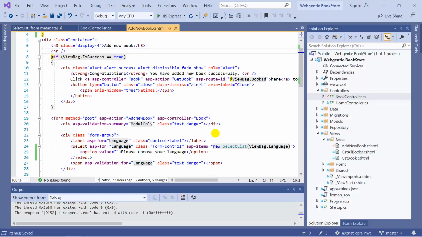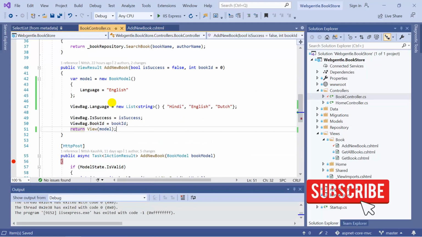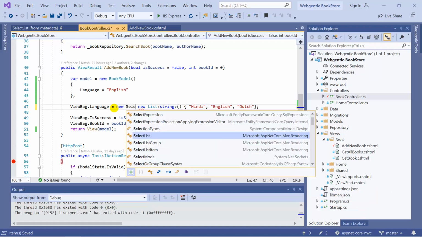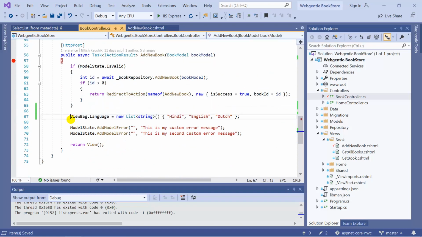We can also pass this select list from our controller action method. Let's learn how to do that. So suppose this time instead of passing this list, we can pass the select list all together. How to do that? Here we can write select list, and in the select list we can pass our data like this. Let's copy this data and paste it again over here.